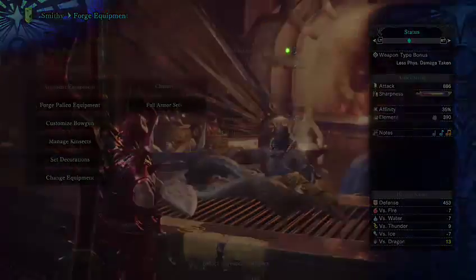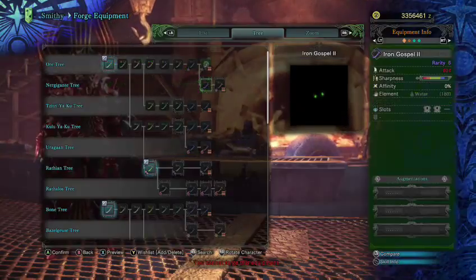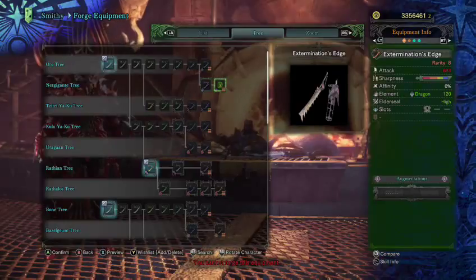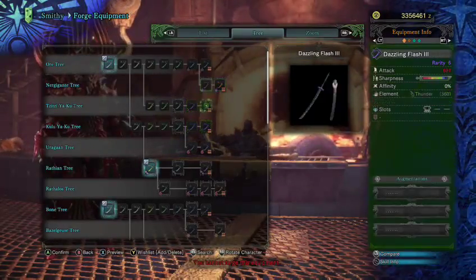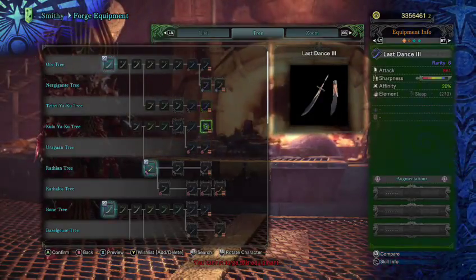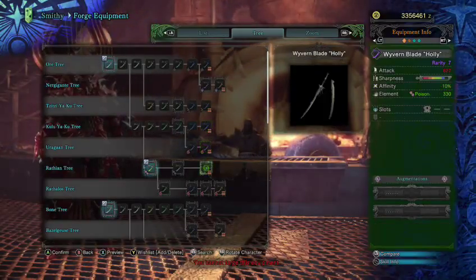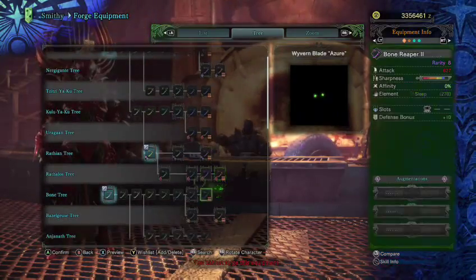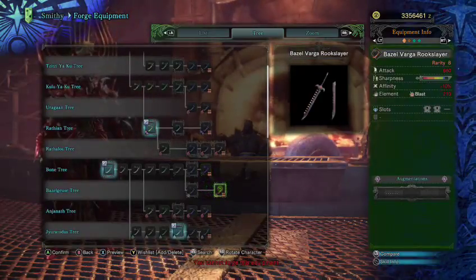Now moving on to Longsword. Let's go to the Longsword tree. We have the Iron Tree, Nergigante Tree, Tzitzi-Ya-Ku, Kulu-Ya-Ku, Uragaan, Rathian, Rathalos, Bone, Basilgeuse,